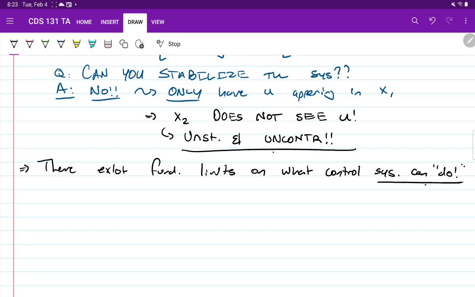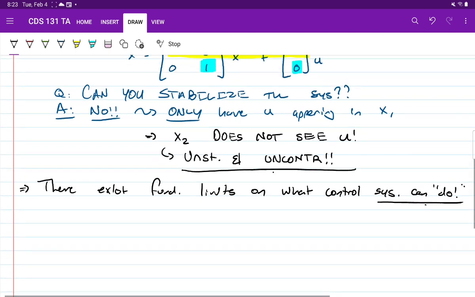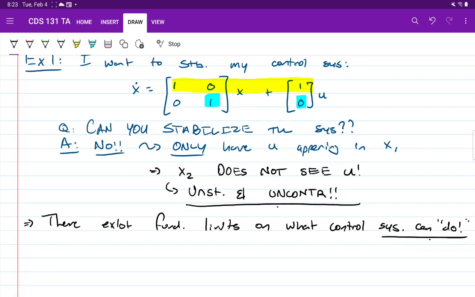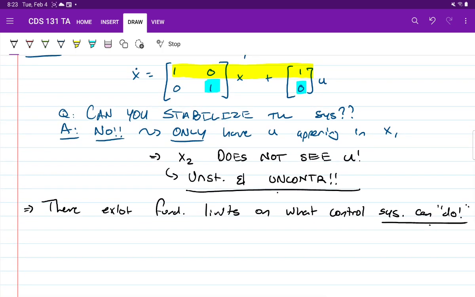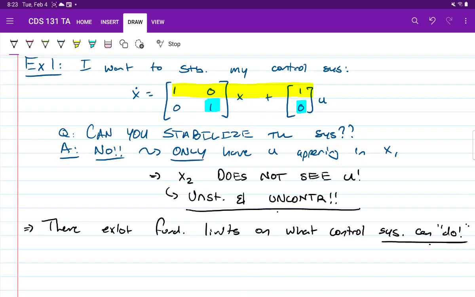So what we're going to do when we discuss controllability and reachability is say, here's a really nice wide class of problems that we'd like to be able to solve. These are problems that come up a lot. And we're going to try to figure out some basic characterizations of when these nice properties can be met. So for example, maybe I'm interested in doing stabilization.